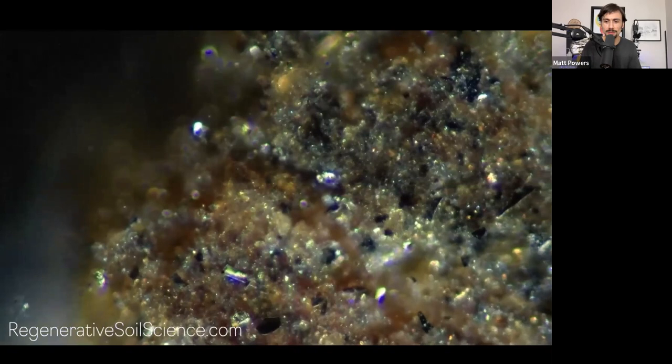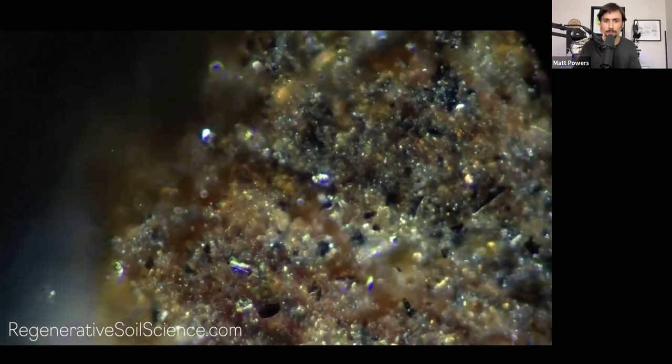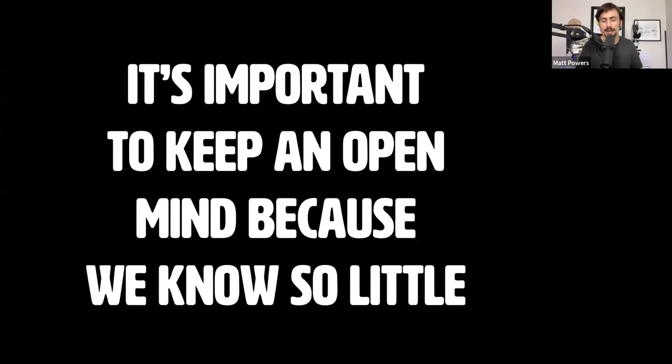You guys see that sparkling? That's bacteria. It's a piece of wood. Yeah, so this is some of the work I do. Those glowing marks are a sign that it's a fungal feeder. But a lot of people